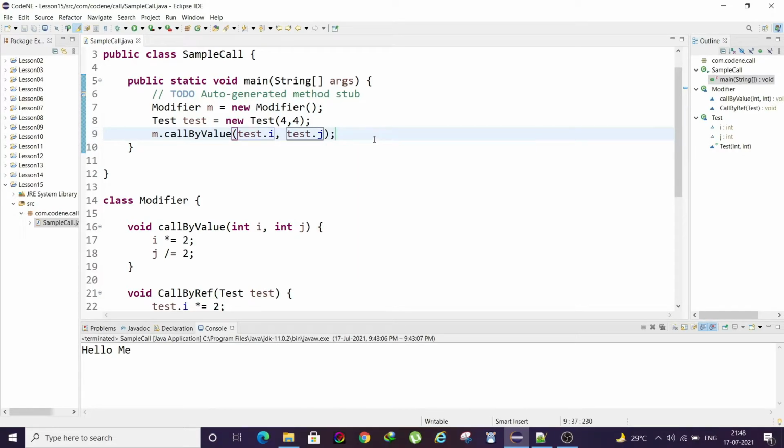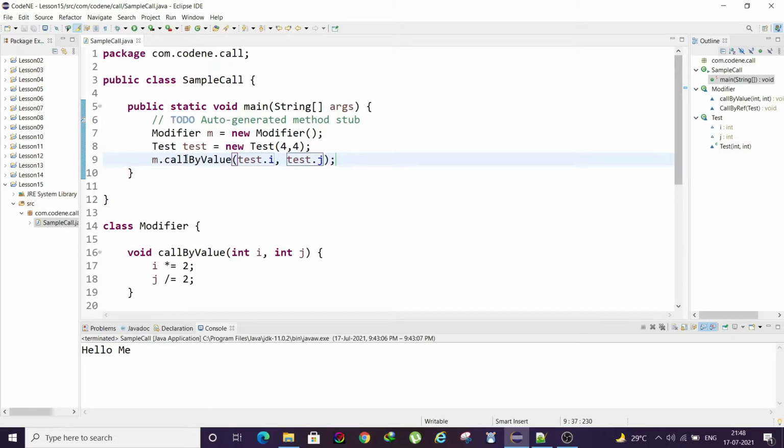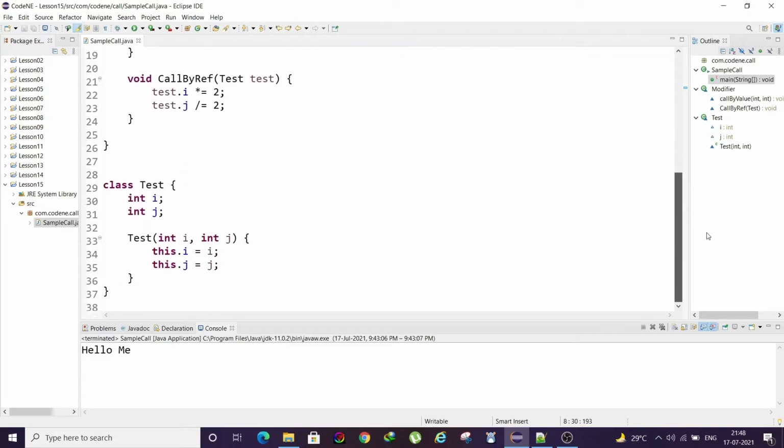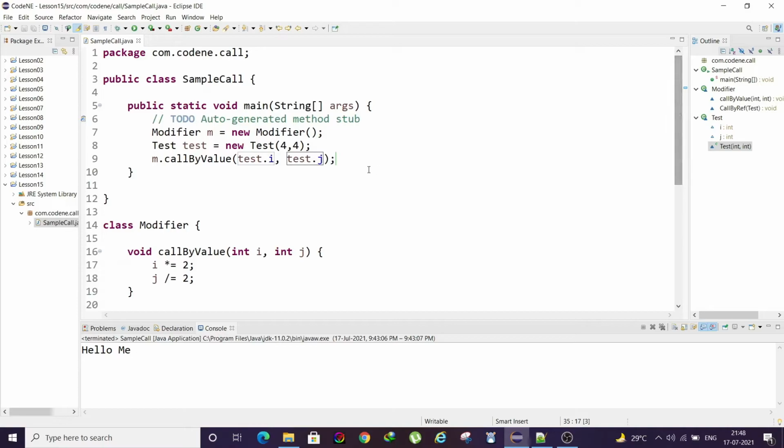To give you a quick walkthrough of the code, when I declare an object of test and in the constructor I pass 4 and 4, the variables i and j get assigned the values 4 and 4. That means i equals 4 and j equals 4.